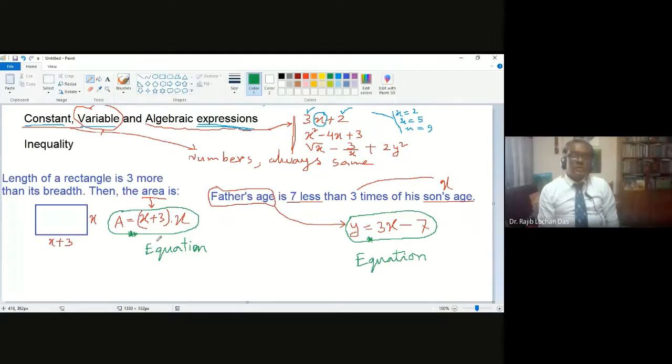Say in the left side we have only one thing. So is it an expression? Maybe yes. This is also an expression. Just one single thing. Yes, possible. So equation means two expressions in two sides. One expression may be big, one expression may be small, but two expressions are equal. That is called equation. Is that okay? Clear?